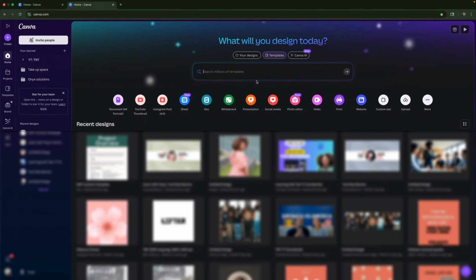Now, let's go build something that's useful, polished, and uniquely yours without having to spend hours in front of the screen. Let's get started. All right, so we are on Canva's dashboard and we are going to head to the